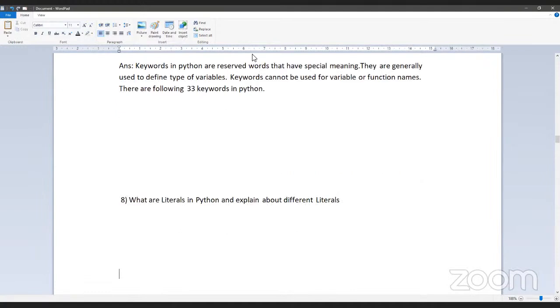As we jump into the next question: what are literals in Python, and explain the different literals. If anyone knows the answer, try to ping me in the chat box and we'll discuss the answer within